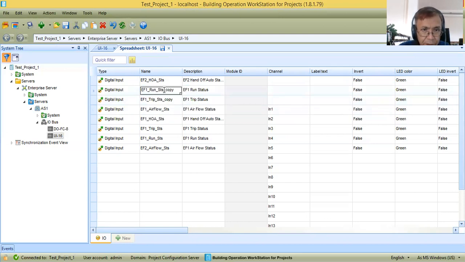This one also I will change to 2. So this one is EF2. Then this one, trip, I will also change to 2. This one is 2.